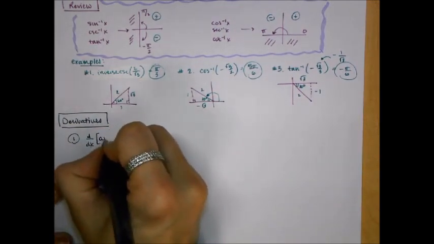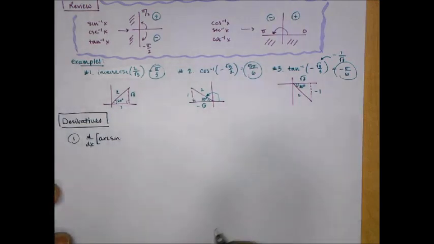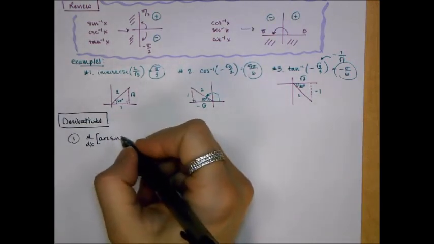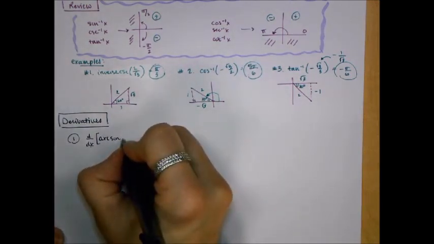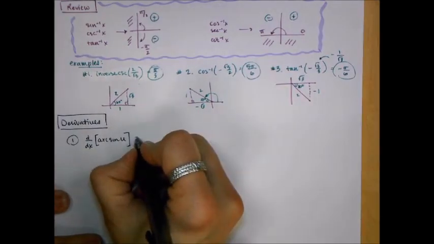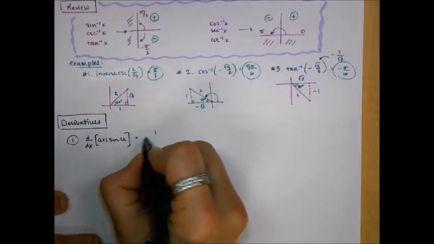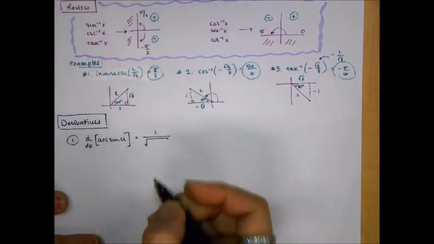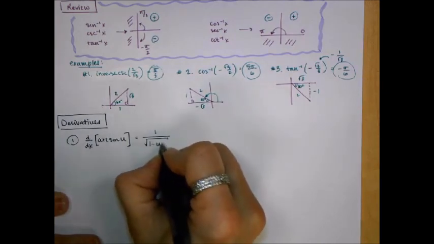All right, so the derivative of arc sine u, so derivative of u with respect to x. These will all have the chain rule piece like we did with all of our formulas. There's always that du dx at the end. So the derivative of inverse sine is 1 over the square root of 1 minus u squared,